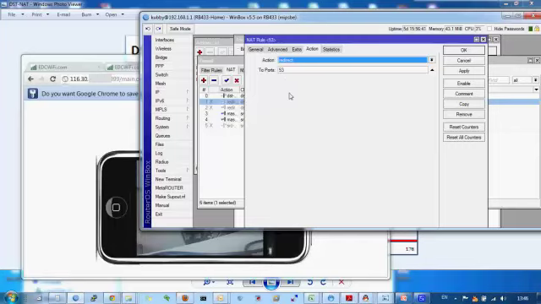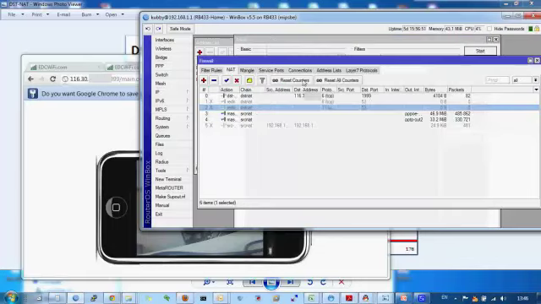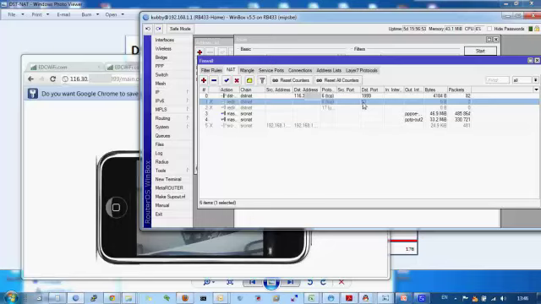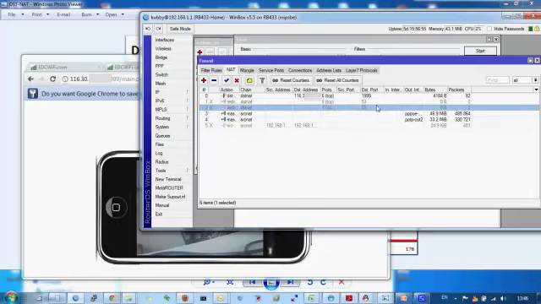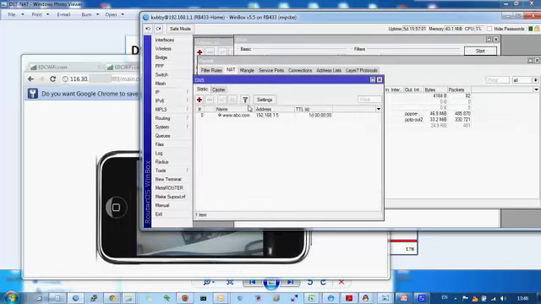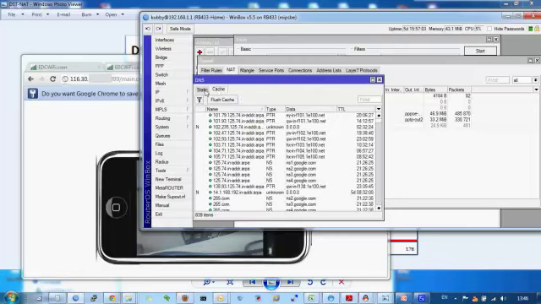The DNS requests will be redirected to the router, so all the requests will ask the router first. To do this, we must redirect TCP port 53 and UDP port 53. After that, we open IP DNS and we create a static DNS rule.